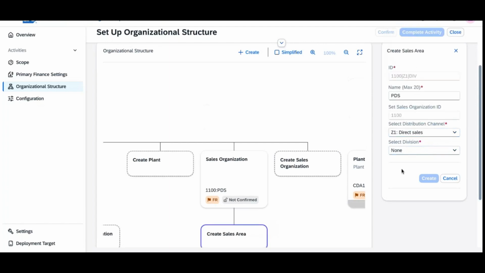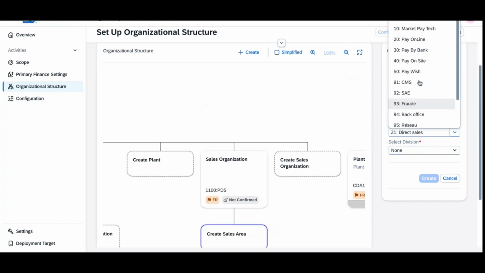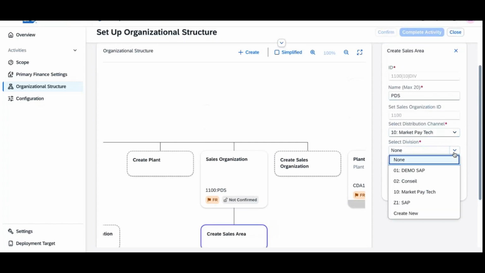For example, I create direct sales, or I can select a new one. For example, if I want to create a new sales organization or new distribution channel. So for that, I select, for example, market pay tech and the distribution channel. I check also, I select my distribution channel and the division. So I look for,